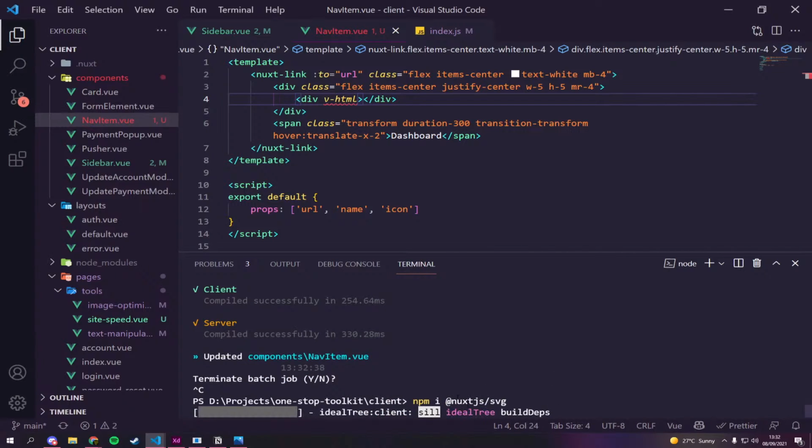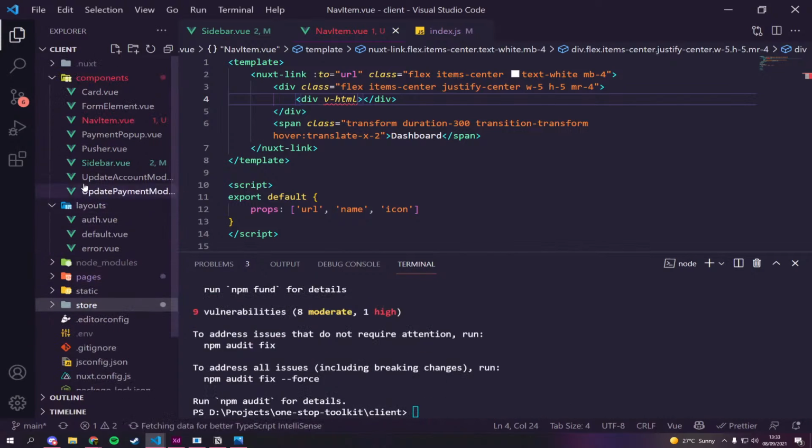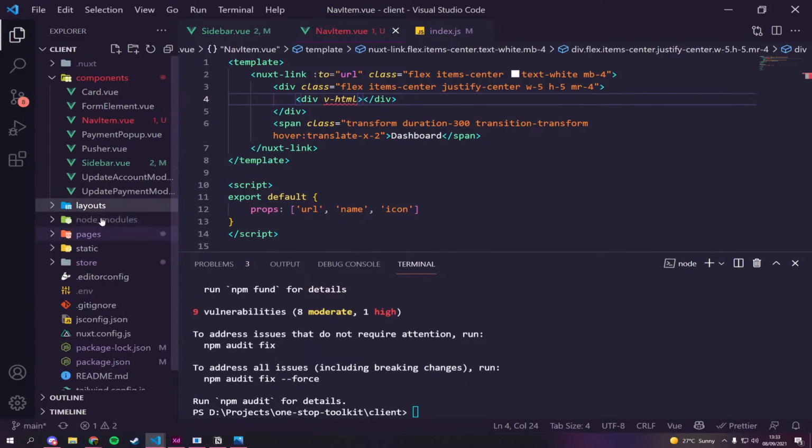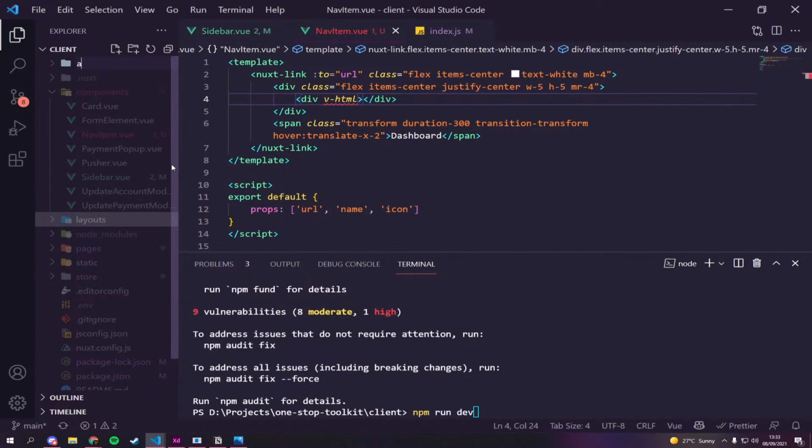Let's install it. So this is a tool which is gonna allow me to just get SVGs from a file. And we need the assets. Where's the assets? Do I not have an assets folder? I'll create an assets folder in a second. Oh no, I should probably do it before I run the server again. That's why I have to rerun it.